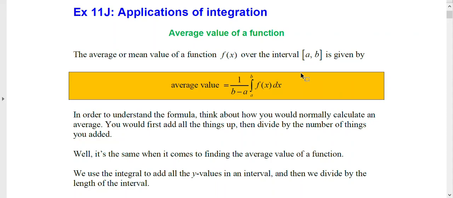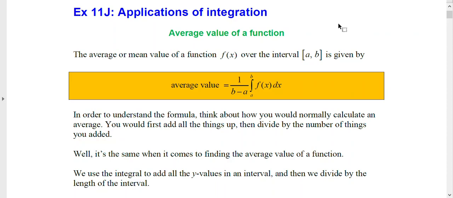Hello everybody. Today we are going to look at applications of integration, and you'll see that we cover multiple applications of integration. So the first application of integration is called the average value of a function,